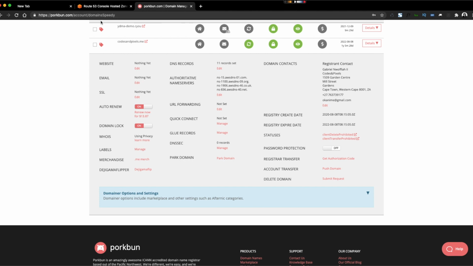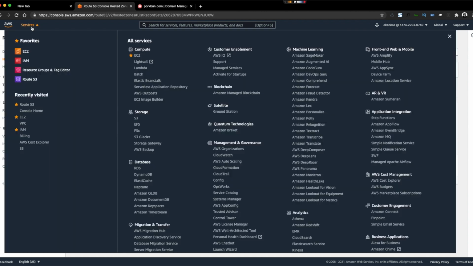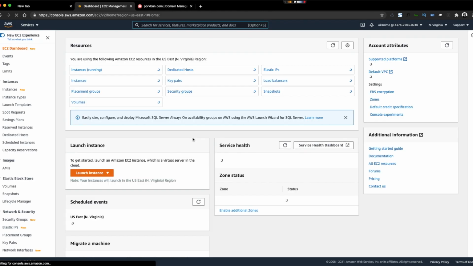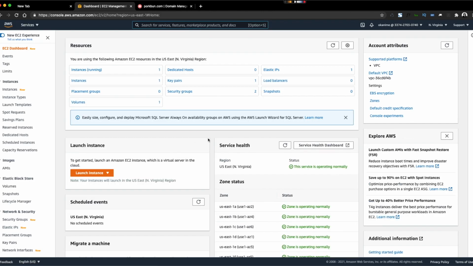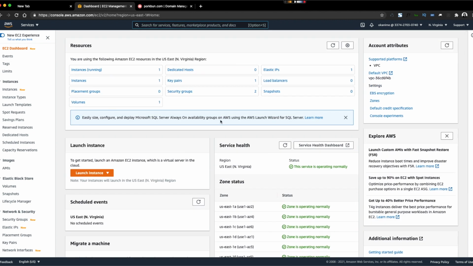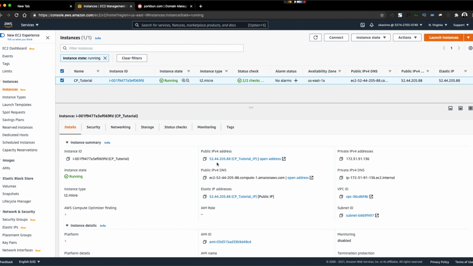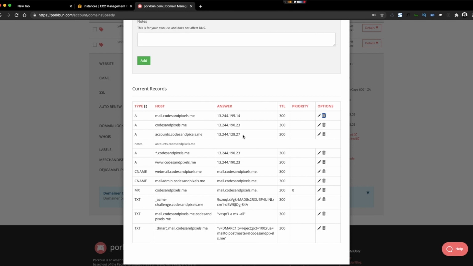Once you do that, there's actually not much else you need. The only thing I figured is that sometimes you have to add the elastic IP address of the EC2 server on your domain registrar as well. It's not necessary, but I do that as well. So here we've actually added the name servers. Now when we go back to our instance, we pick the IP address, which is the elastic IP that we've been working with, and we go to the zone file on our registrar,